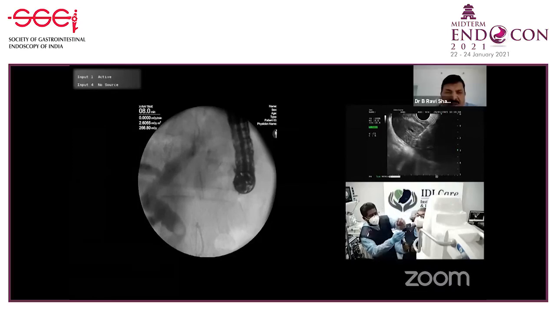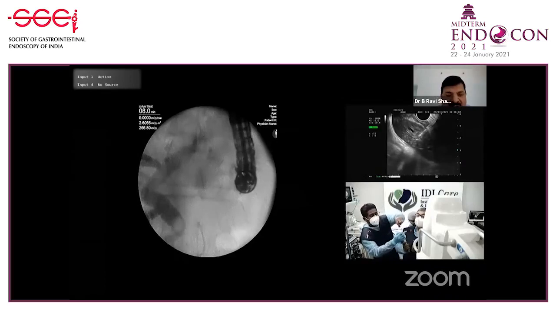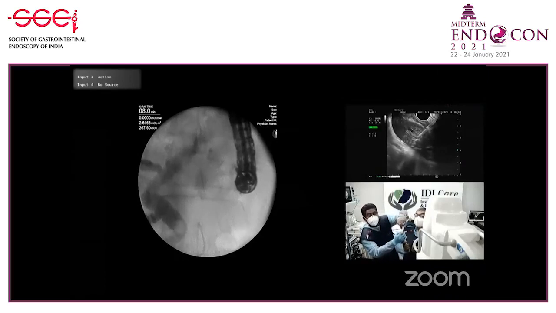Sir, though aspiration of the bile is a very standard technique, during aspiration the needle slightly moves out and causes problems in the placement. Yes, we have had that problem several times. Because if you see on the ultrasound picture, the liver is continuously in motion. So if it moves out, then you can create a false passage. So that is why you need to be fast.